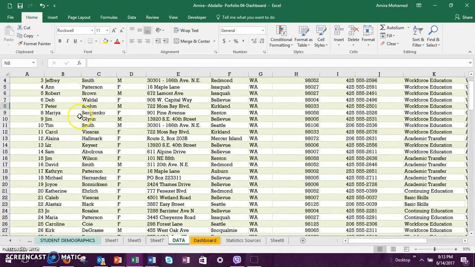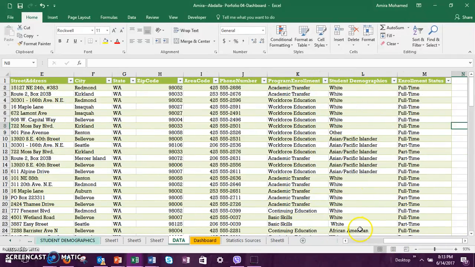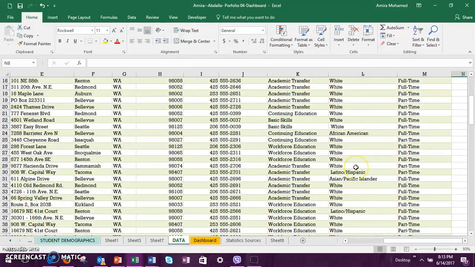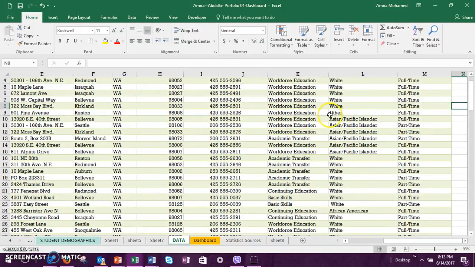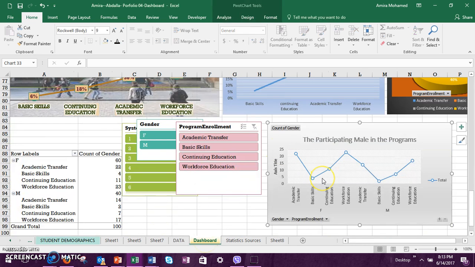This is information about students at Bellevue College, Seattle, Washington, including, like any Excel sheet, first name, last name, gender, street address, zip code, and here some programs at Bellevue College. If we wanted to know any information about the programs, or how many students enrolled, or what is interesting to study or recommended by the students, from the first look we couldn't, but in a dashboard